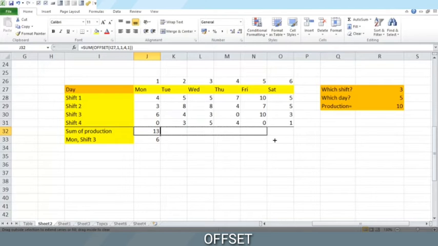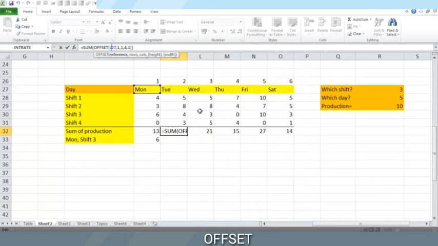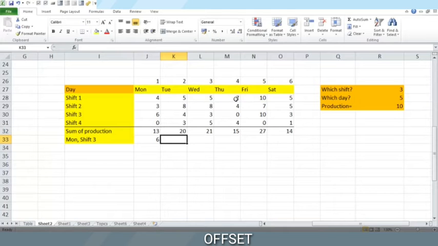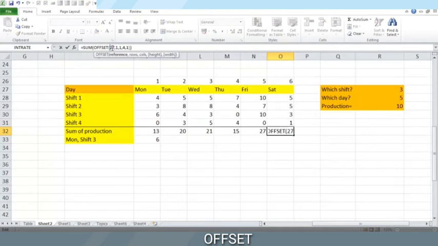We can extend the formula and we will get the values again, but you can see that this reference is shifting sideways. If we want to keep this as the reference again, we'll have to change some values here. For example, we want a fixed reference to this one. So this is I-27.